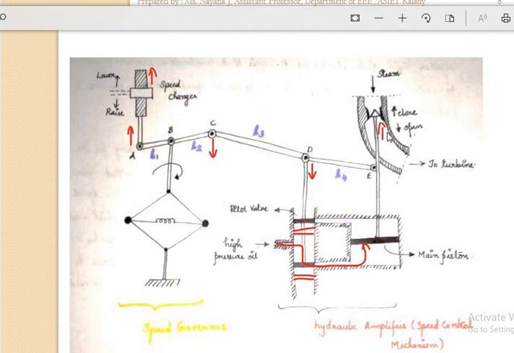In this direction. So when in this direction it is closed means